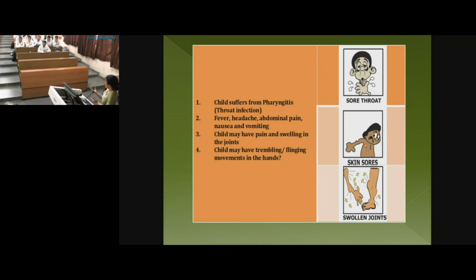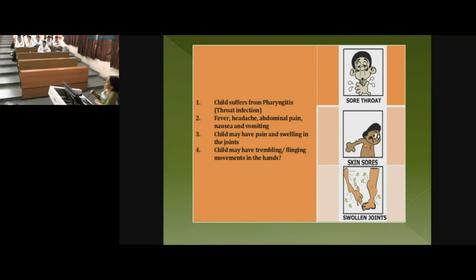In a dark race like ours, it is not very commonly seen, right? So it's a serpiginous margin, slightly raised. The margins are slightly pale, and then you find the center is slightly raised. Then they disappear. At 3 to 6 weeks, you may find subcutaneous nodules also. Subcutaneous nodules can vary from small pinhead to the size of an almond. They are mostly seen over the elbow, the shin of the tibia, or over the occiput. And then you start having joint pains also.